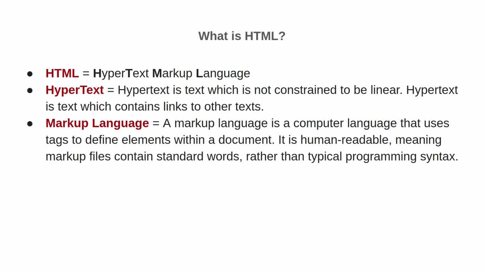Now this is a combination of two different words, hypertext and markup language. Hypertext is basically just the concept of having one text within another text. So we saw HTML tags where one tag can be nested within another tag. That is the reason why they're calling it hypertext. And markup language is used to indicate that HTML is not a programming language, but rather a language that is human readable and is used to define the structure of the content in a document.